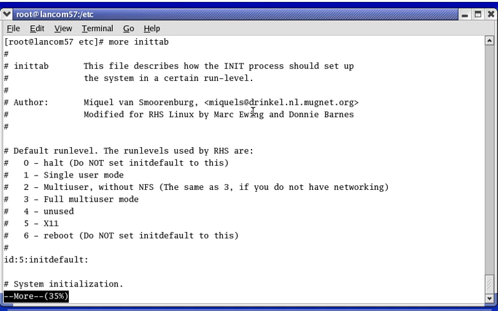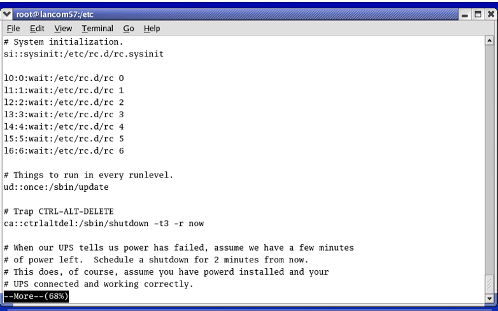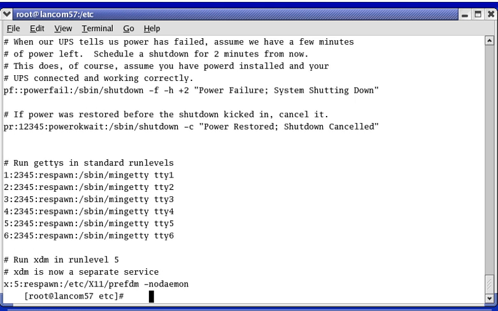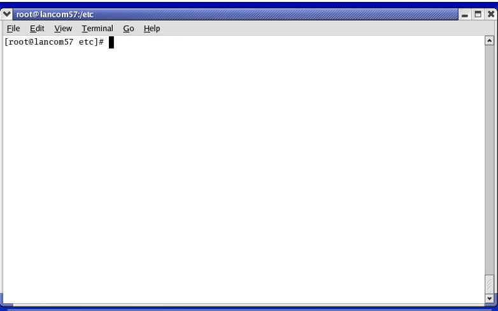So I can see the file, and I press the spacebar key, and I can see some more of the file. But when I press the up arrow key, the system beeps because I can't go up. So I can't scroll upwards. And when I press the down arrow key, I can't scroll downwards, but I can press the spacebar key to go through the file. In contrast, I can use the less command to look at the file,